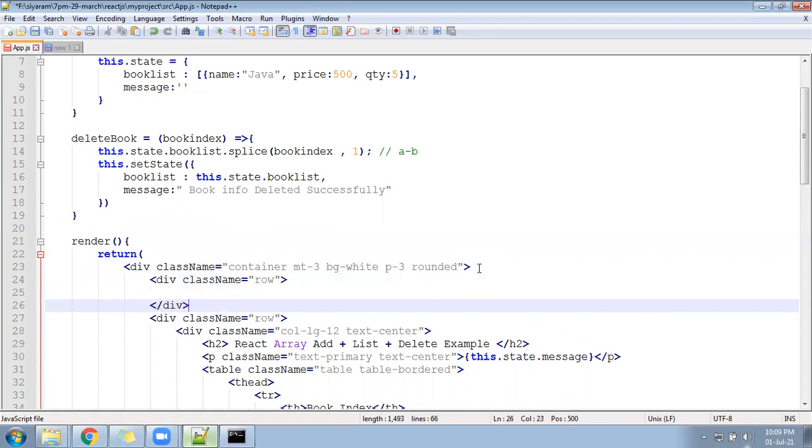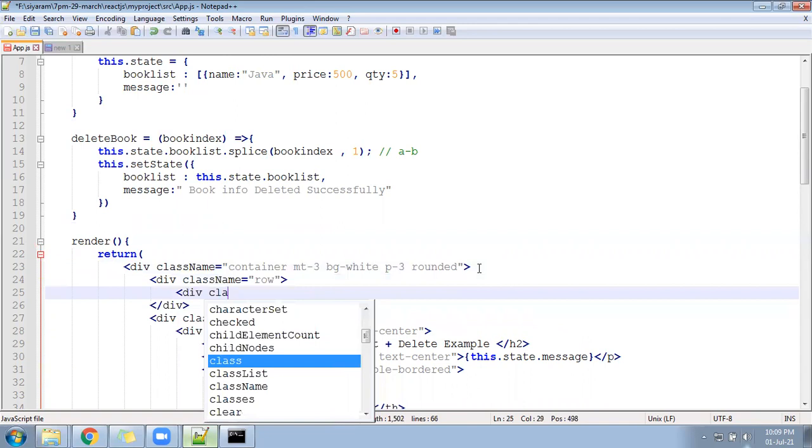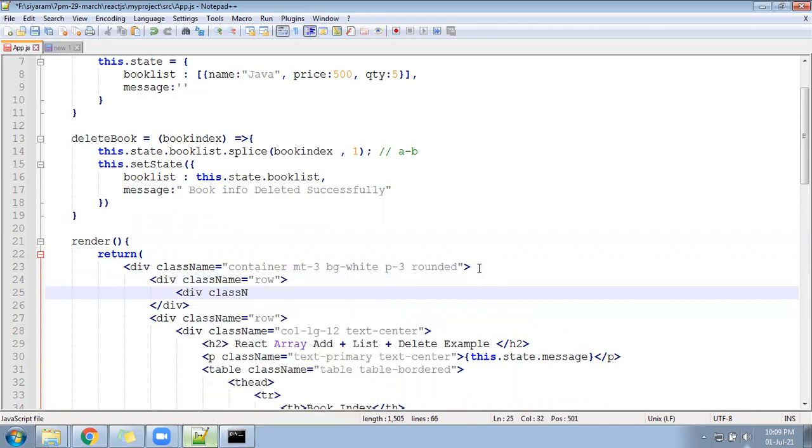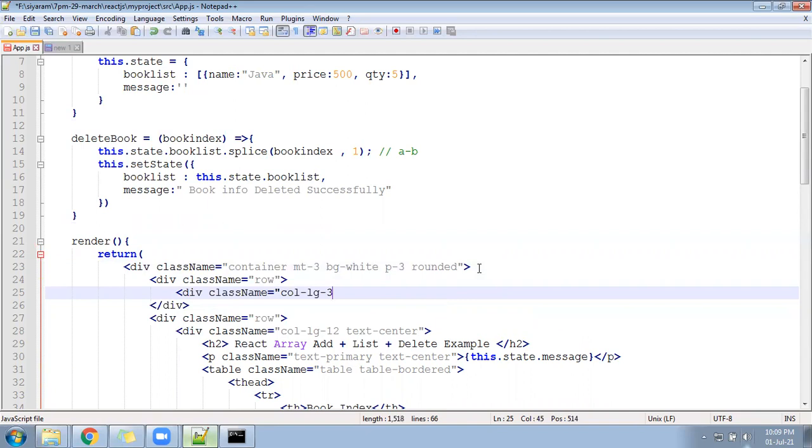Class name is a row. Inside that, class name equal to col-lg-3, we can follow, and close this.